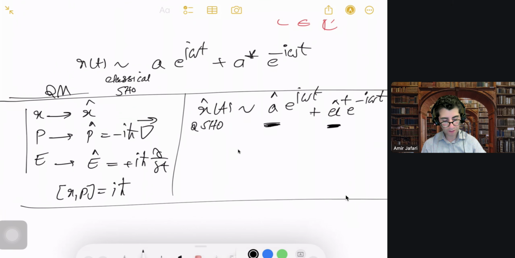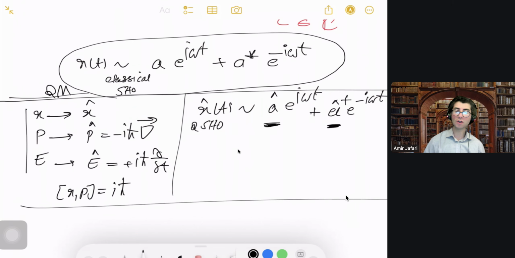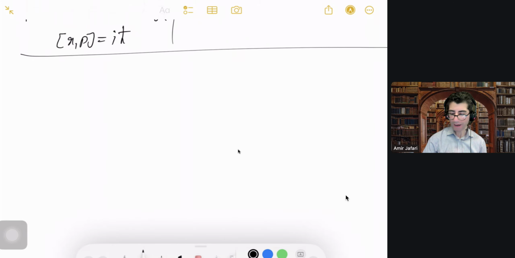This is what you get in Newtonian mechanics for the position of a simple harmonic oscillator in terms of complex numbers. You have to take the real part of this function to get the real physical position. Okay, so now